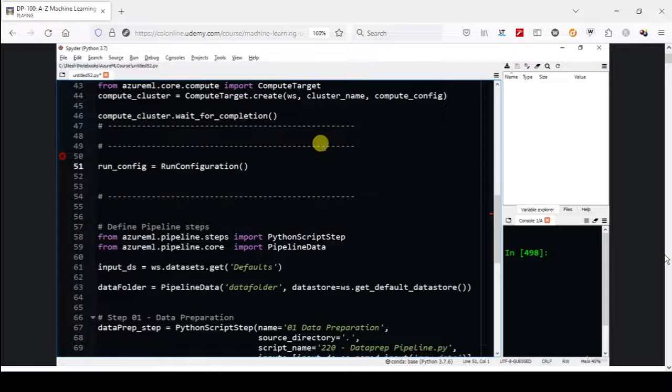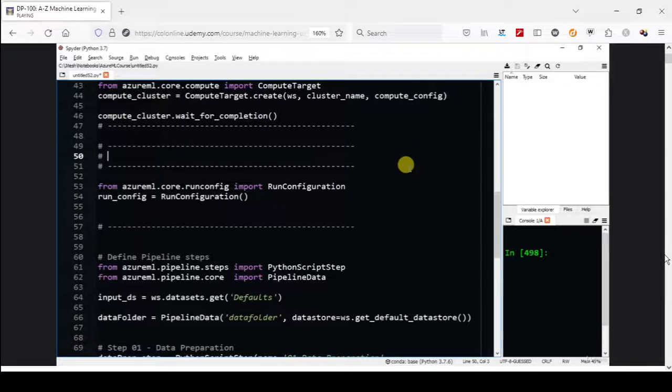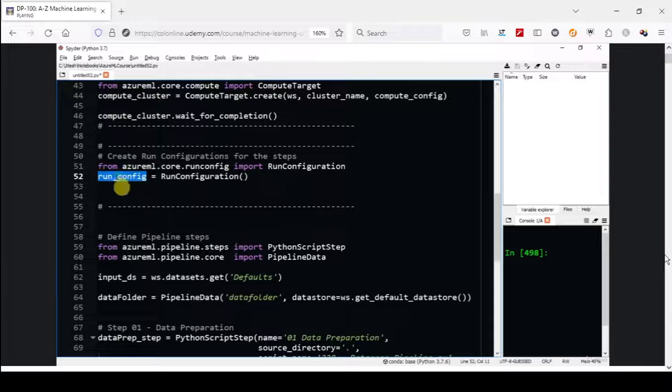And because we have not imported it, it will give us this error. So let's import this as well, as from azureml.core.runconfig, all in small cases, import RunConfiguration. Okay, but this object currently has all the default attributes. And as part of the pipeline run, we may have to specify the compute cluster as well as the environment required for that step. So for specifying the compute target, we need to type this object of run_config.target